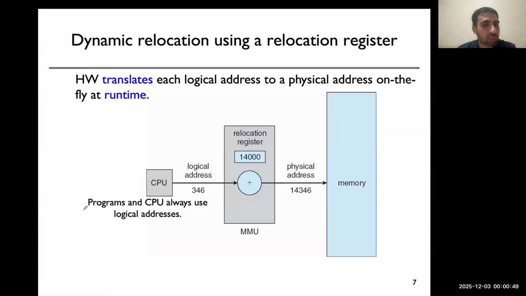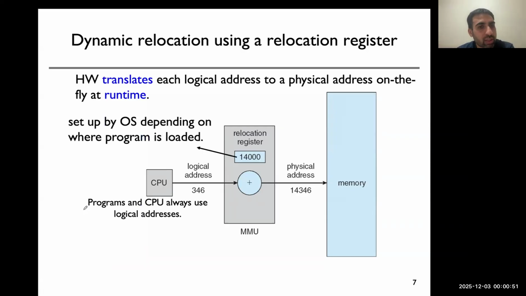So programs and the CPU always use logical addresses, and the value of the relocation register is set up by the OS depending upon where the program is loaded. And how does the OS know where to load the program? Depending upon the availability of the memory space, right? The operating system is responsible for managing the memory, so it needs to keep track